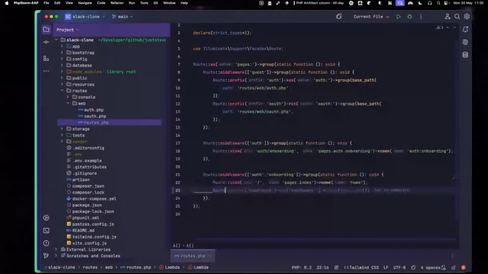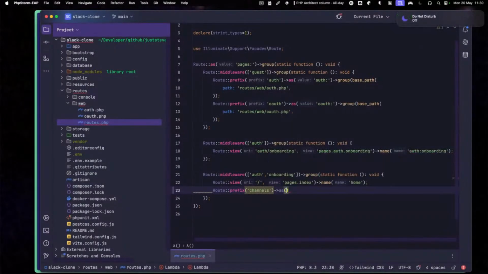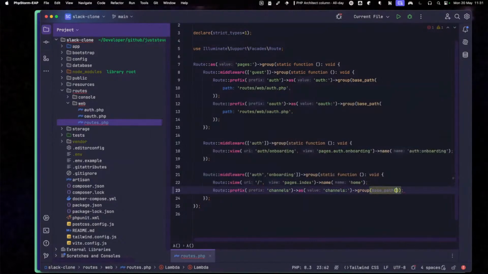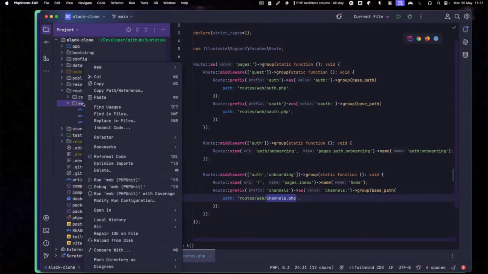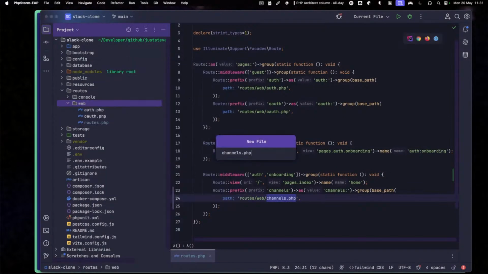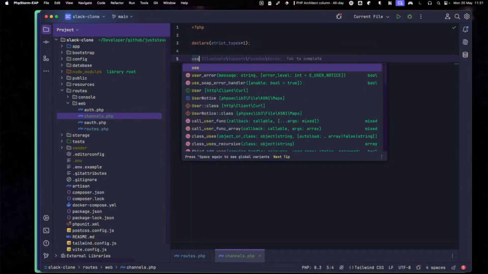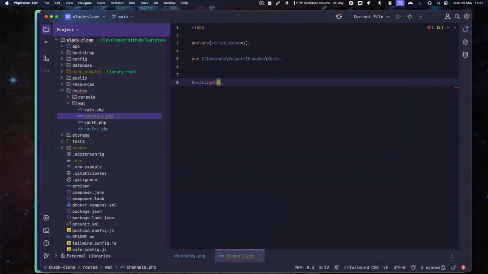So Route prefix channels, as channels, group, path, and the path is going to be that. So create a new file for channels, declare strict types, use the Route, and we're going to Route get